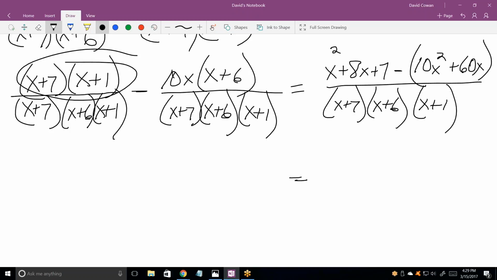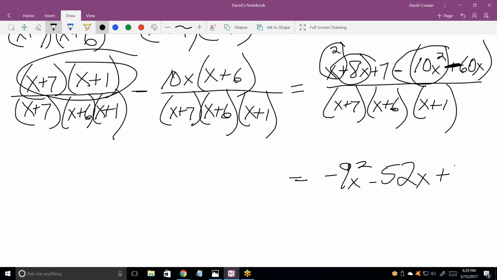So would it just go to x squared plus 8x plus 7 minus, figure out how many x squareds you have. 2. Or you have 4 x squareds. They sum to minus 9. 2x squareds. What am I talking about? What do the x's sum to? And that's a minus 6x. And so then that would be a negative 52x. Okay. And then 7. And that's all over this. Now,